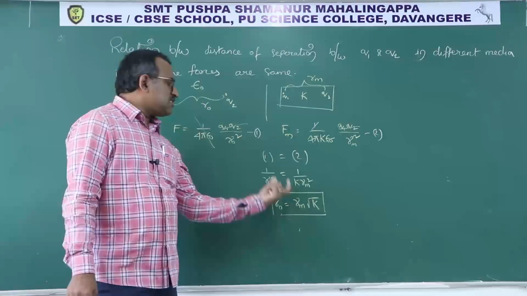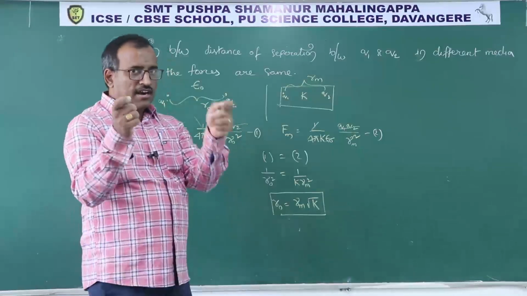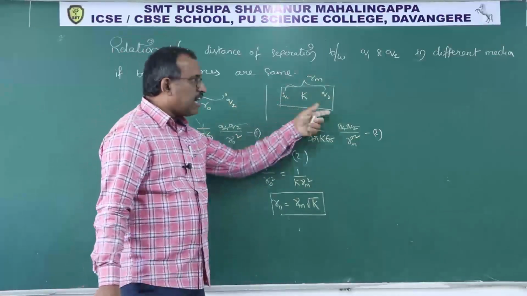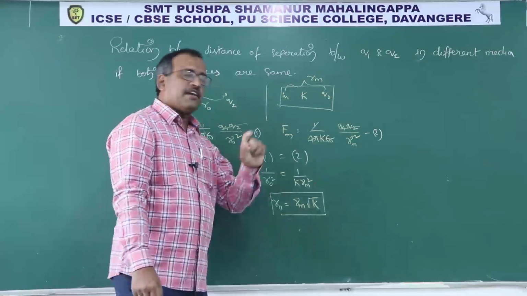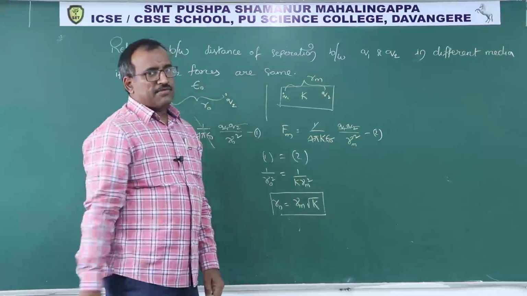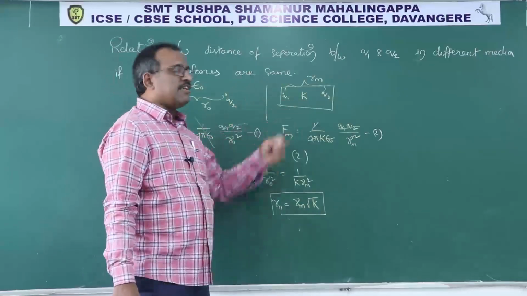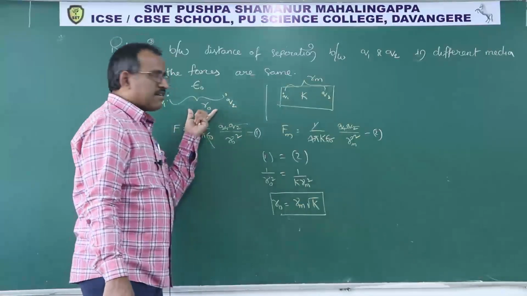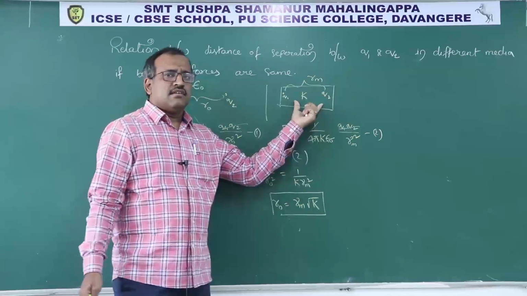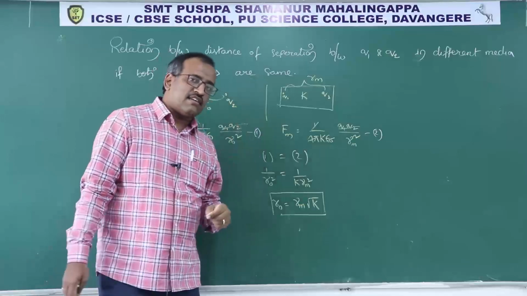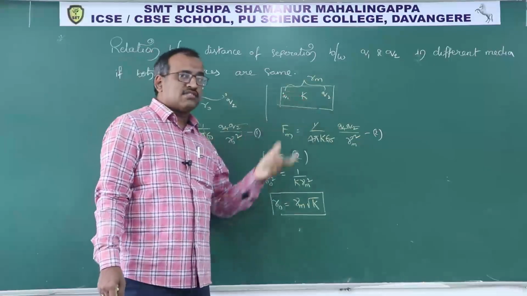Means the medium distance, if you remove that medium distance, the air value will be Rm times root K. Once again let me repeat. Without medium, with medium. Without medium means air. With medium means some water, kerosene, anything is placed. And they said that these two forces, if it is 10 newtons, let us say this is also 10 newtons.